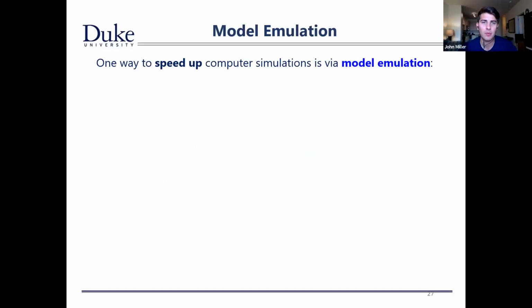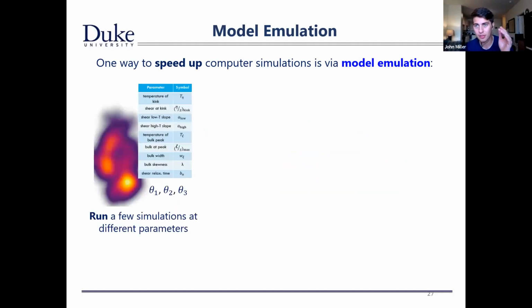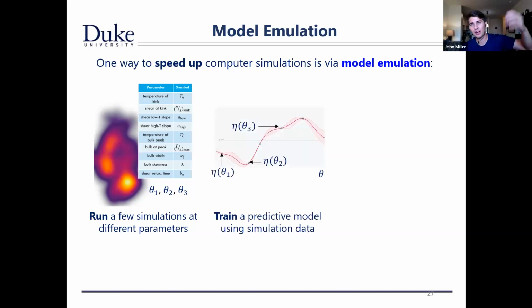And so one way that we can speed up our simulations is via the use of model emulation. So the idea is this. We have some expensive simulator, and so we can't afford to run it that many times. But we run it at a few carefully chosen sets of parameters. And at each of those carefully chosen sets of parameters, we get all the associated outputs. And then what we do is we train a predictive model on that simulated data. The idea being that we're trying to predict the values that the simulator would take at a new value of